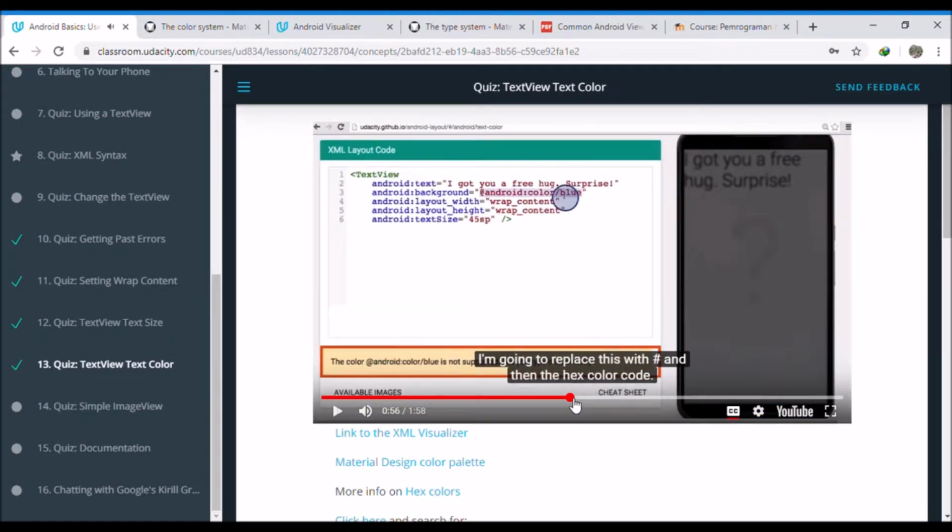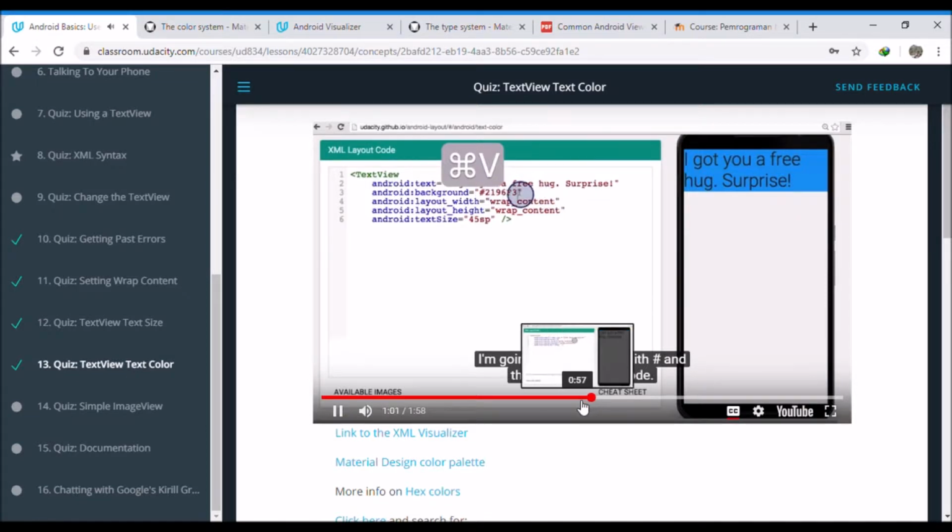Copy the code and this, and then the hex color code. Cool. So now the